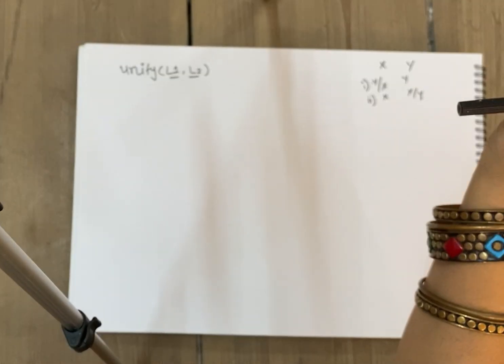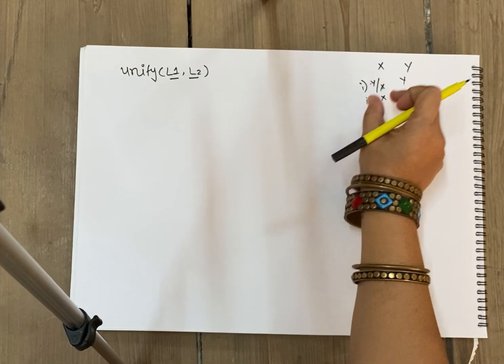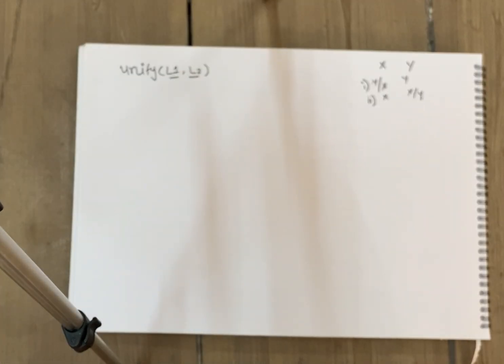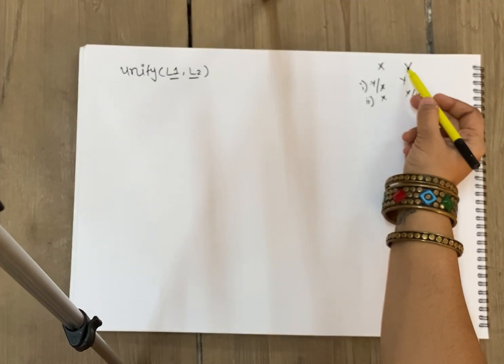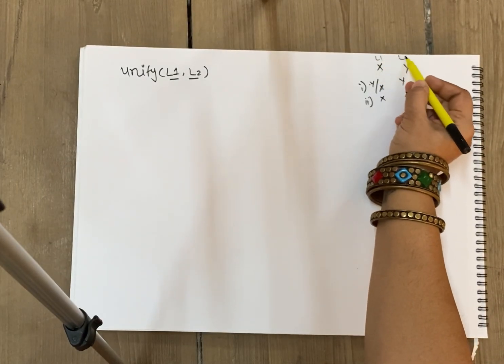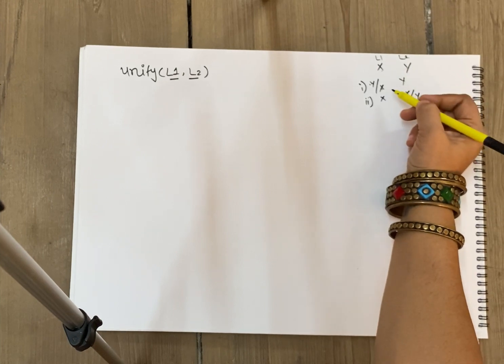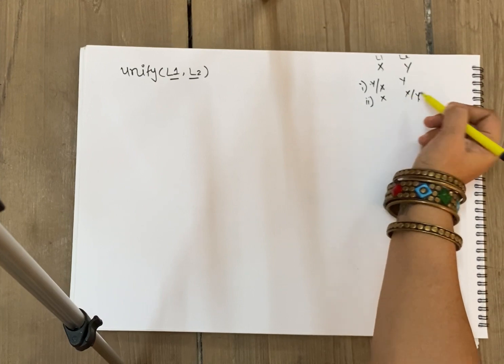When unification is possible, in that case only you will consider one of them in negative context and one of them in positive context, and then you can eliminate them. So forget about negative and positive context. By unification, what we mean is whether both are possibly equal or not. So two variables, let us say this is L1 and this is L2. Then two variables are said to be equal only when x can be replaced by y or y can be replaced by x.